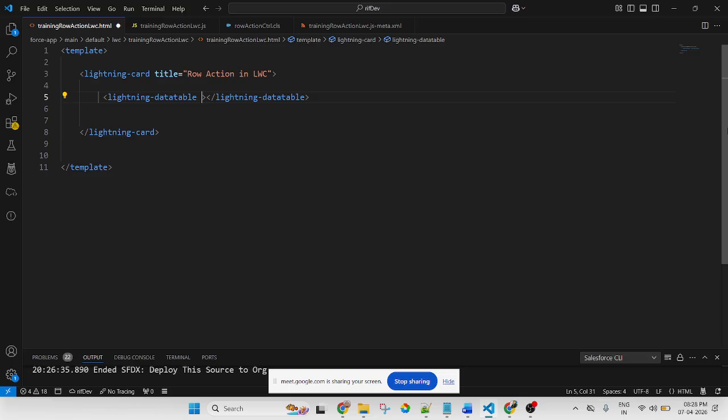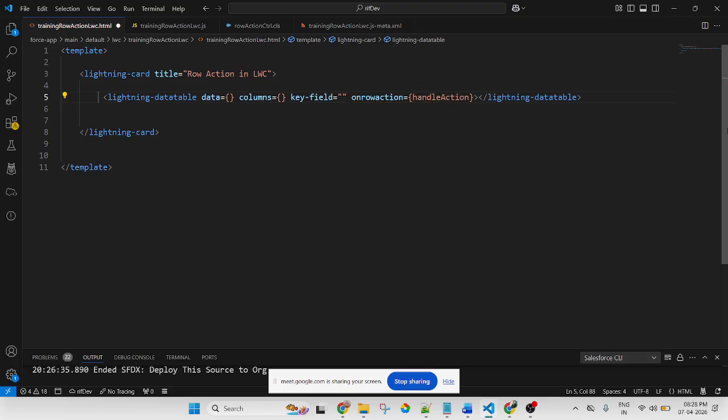If you use a Lightning data table, a few attributes are mandatory, like data, columns, key field, and here I am using on row action, handle action.